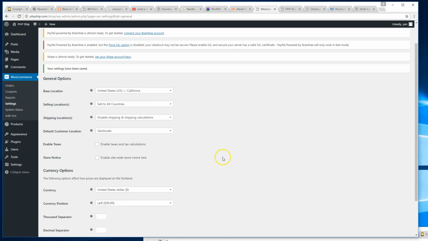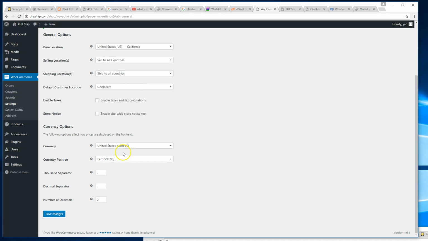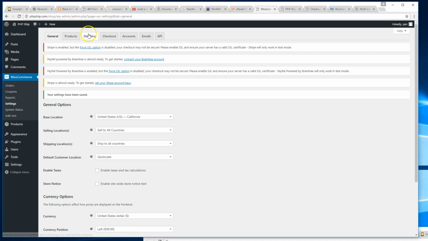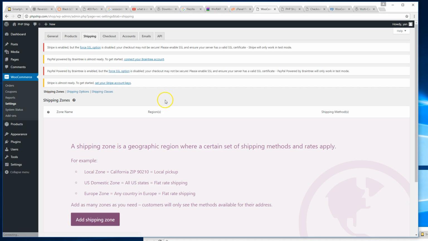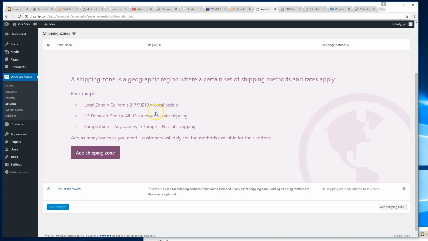Okay, I am back. So to enable the shipping, it was actually right in front of me. You would change the default, disable shipping and shipping calculations, to ship to all countries you sell to, or you can select ship to all countries, depending on your needs. And then once you have that selected, you can click on Save Changes, and then there'll be a